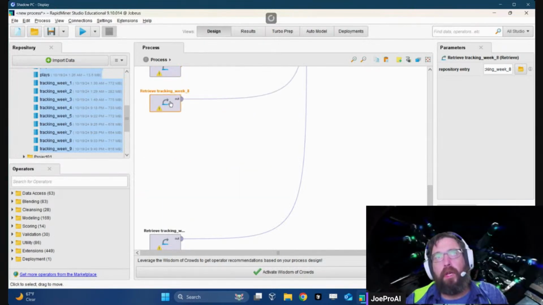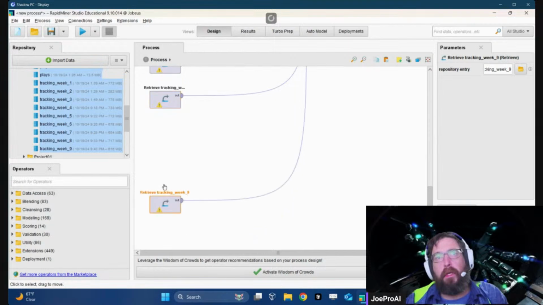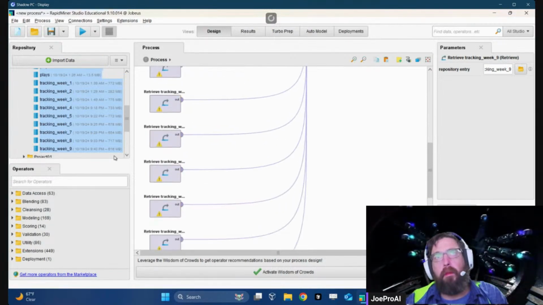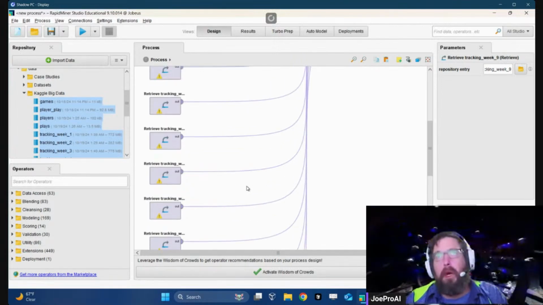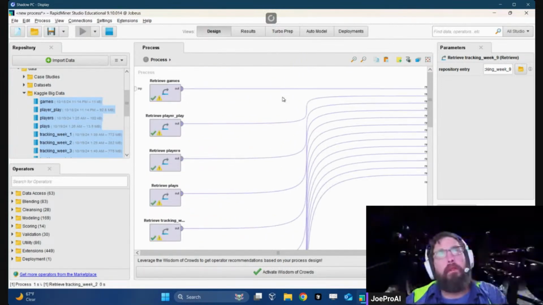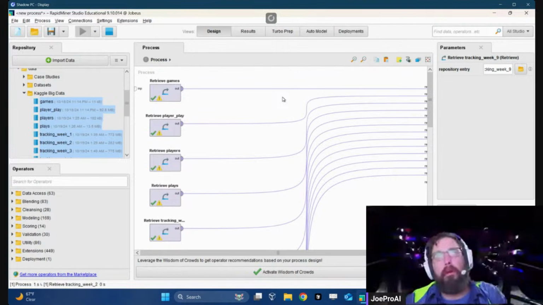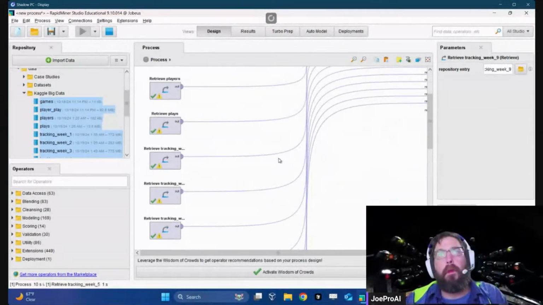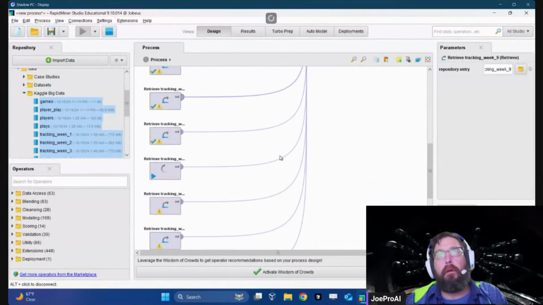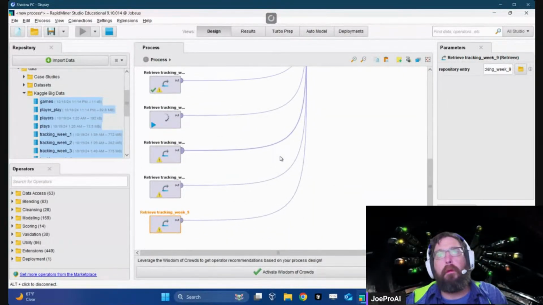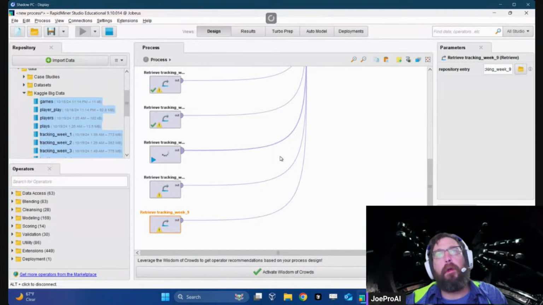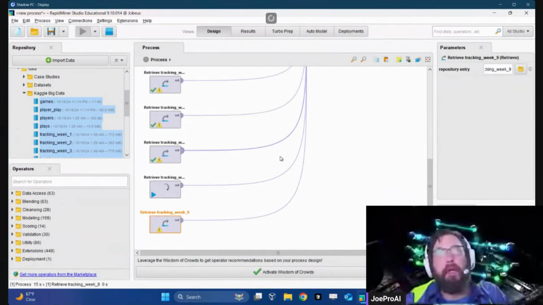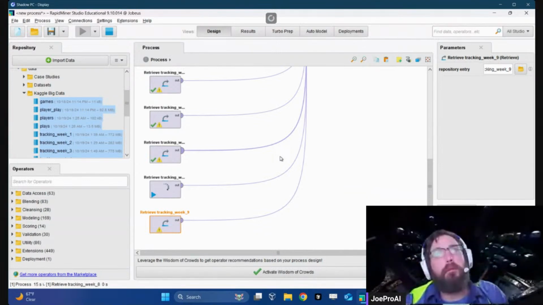Usually it organizes these a little better, but I'm going to keep them right here. So basically these are going to give us a nice little result once it's done. But it's just going to give us all the Excel sheets. And this is our data.